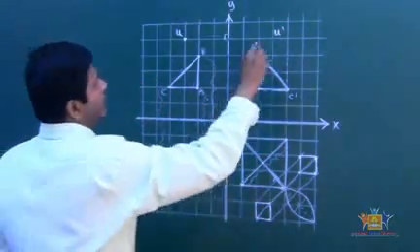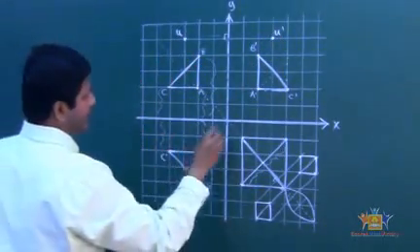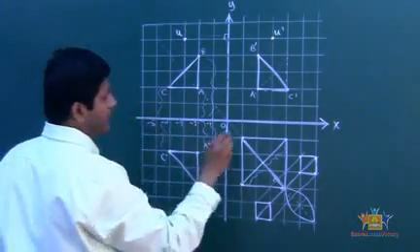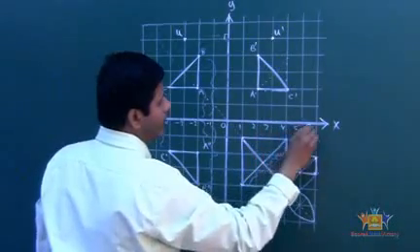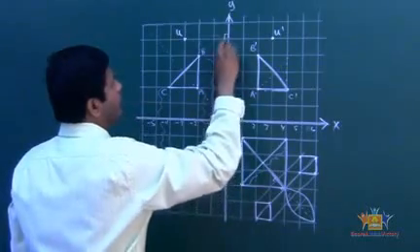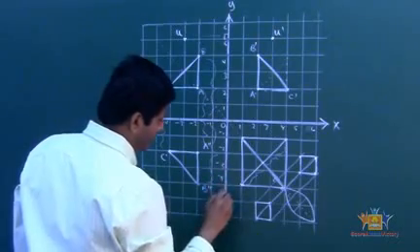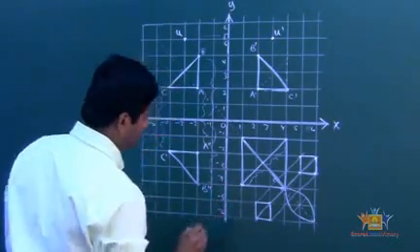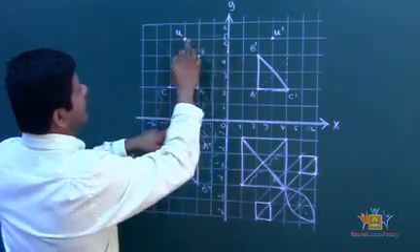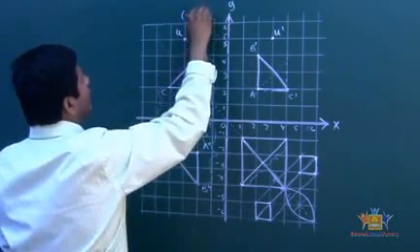Now if I want to find the point, first let's find out what this coordinate is. Let's label them. This is 0, -1, -2, -3, -4, -5, 1, 2, 3, 4, 5, 6. And then 1, 2, 3, 4, 5, 6, and then -1, -2, -3, -4, -5, -6. Now what's the coordinate for U? So -3 and 5. See that? Negative 3 and 5. So that means (-3, 5).